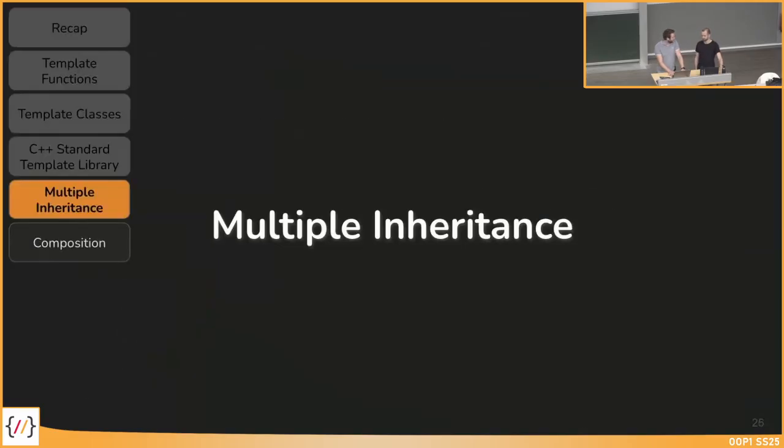Okay, if there are no questions, then let's move on to a completely different topic. So templates looks good, is fine. Multiple inheritance is a special case, especially in C++. And now we are